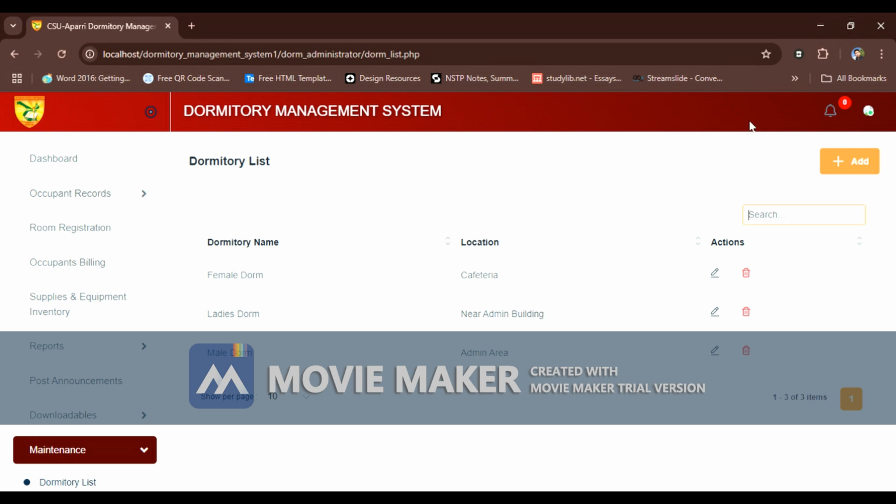The read operation allows us to view records. So we can view dormitory record data using the built-in search bar and table views. From the record, we can use the search bar to look for the latest dorm. Okay, let's try this. So the latest dormitory has been displayed from the table. So again, the read operation allows us to access data anytime without any modification.